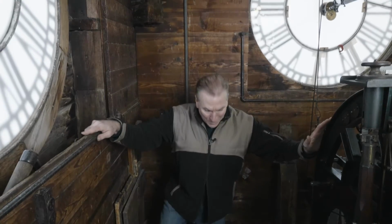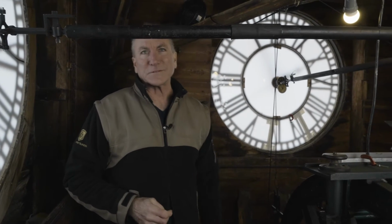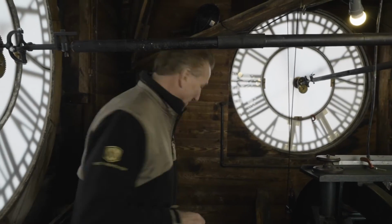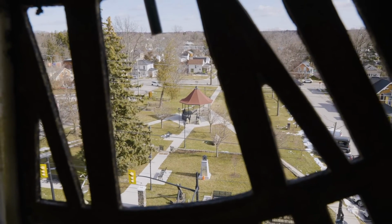So here we are up in the very top where the clock resides, and we're about 60 feet up. It's pretty much the tallest spot in Port Dover, still. The clock was installed in 1909,